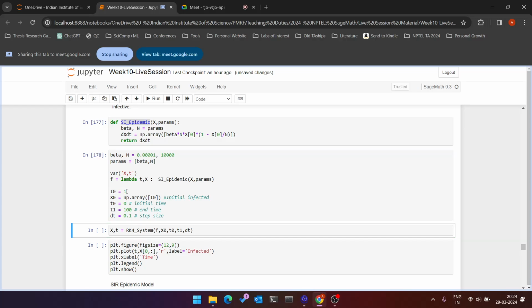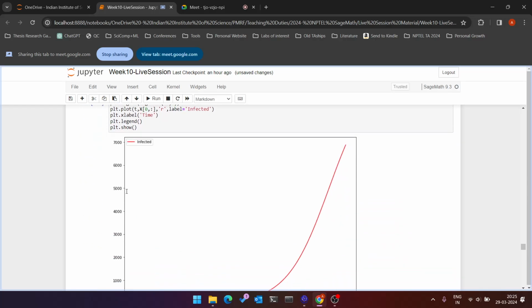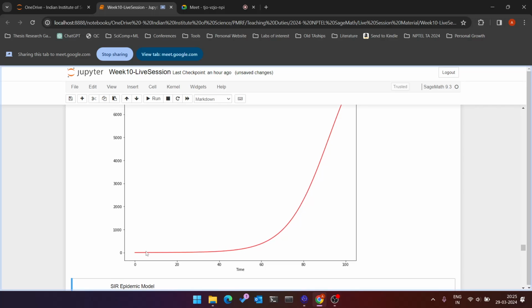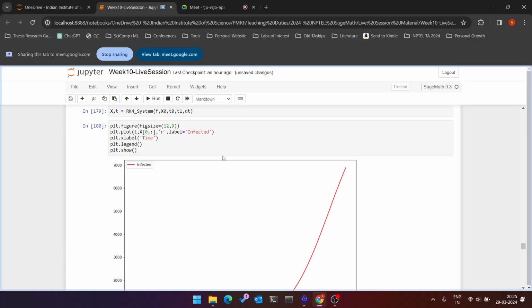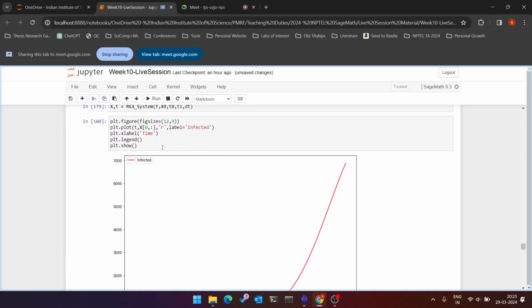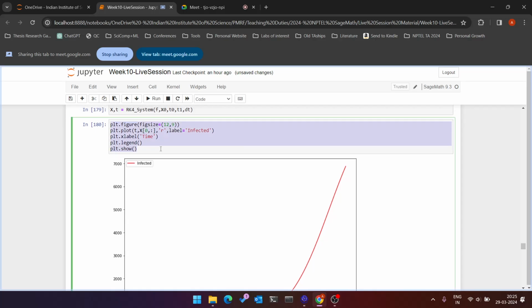And as we march along up to t equal to 100 in time step of 0.1, I see my capital X comma t as follows. You can see my number of infected people basically increases and keeps on increasing. If I do a log plot for this one also,